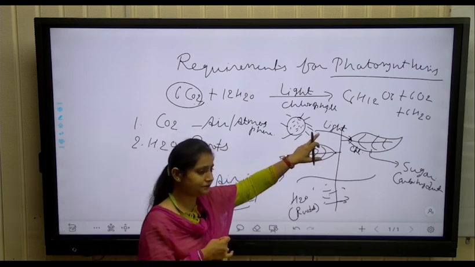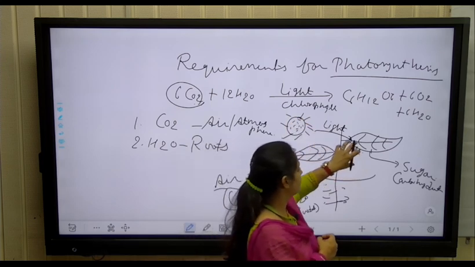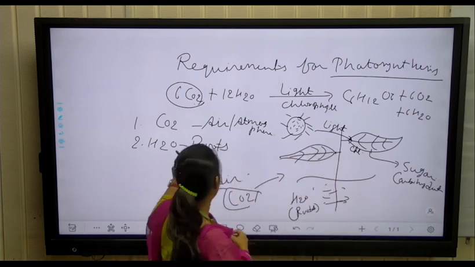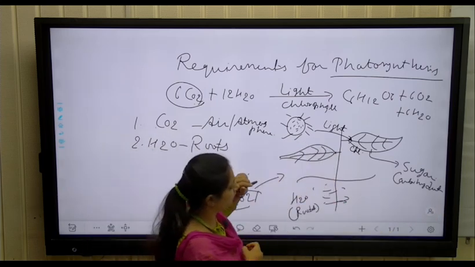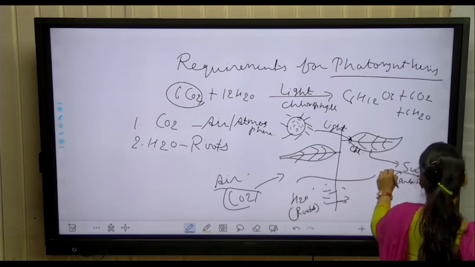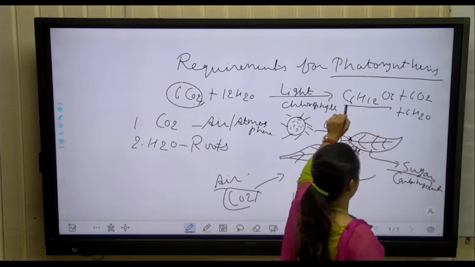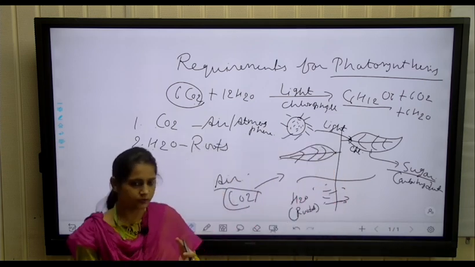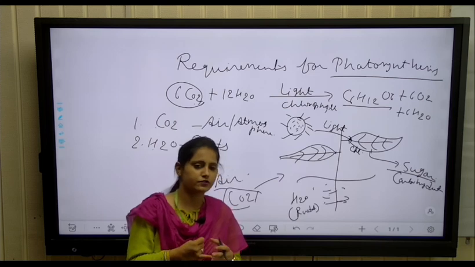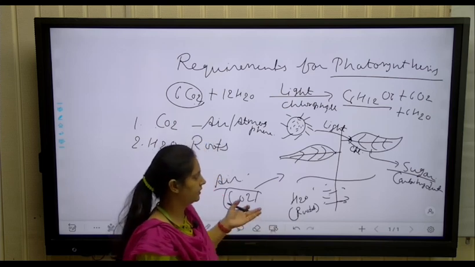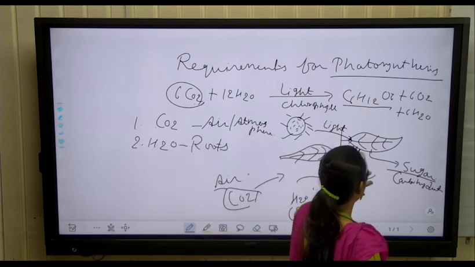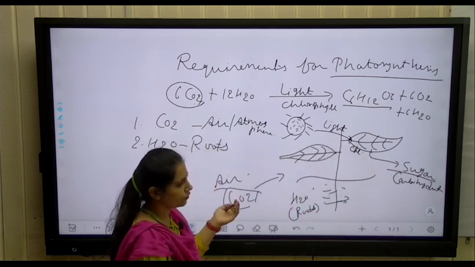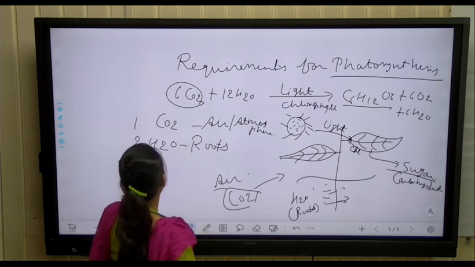So, this light is used to convert these two molecules into a complex molecule. These are very simple molecules, and these are converted into a complex molecule, that is sugar, glucose C6H12O6, which is used by the plants for their growth, and the remaining amount is stored in the form of starch in the leaves or other parts of the plant. So, this is a main requirement for the process of photosynthesis: CO2, H2O, then light,